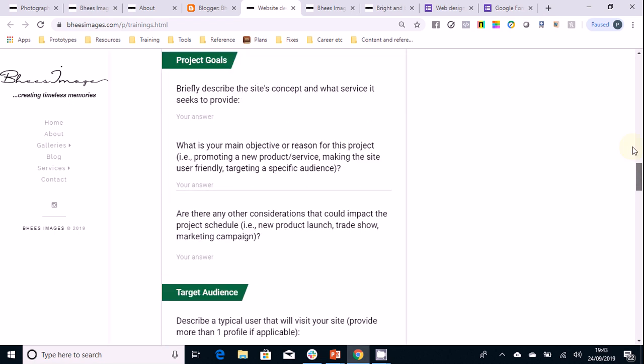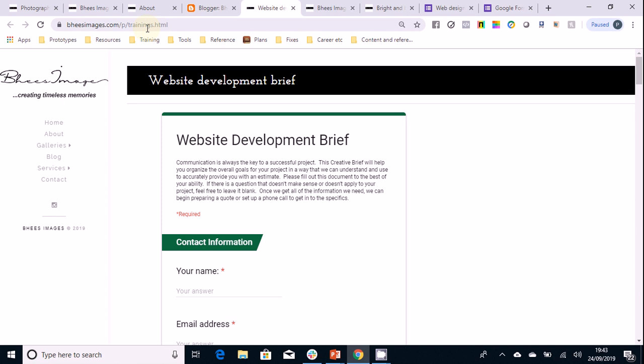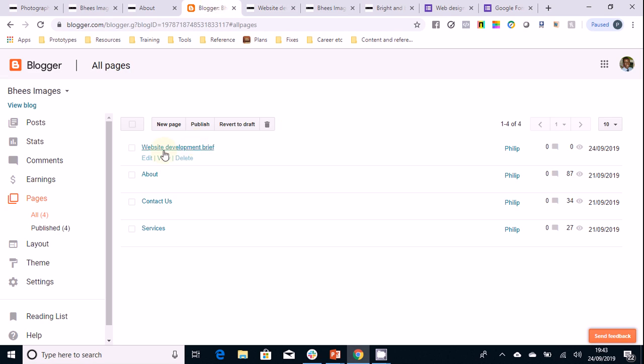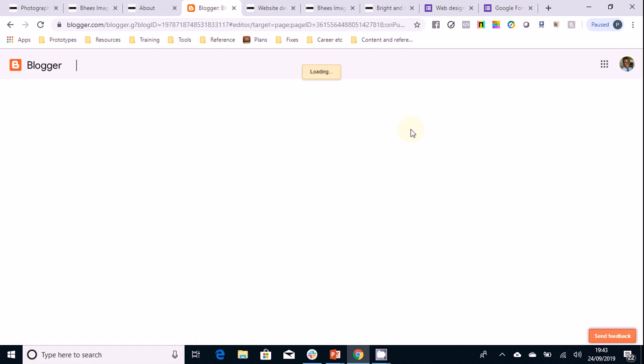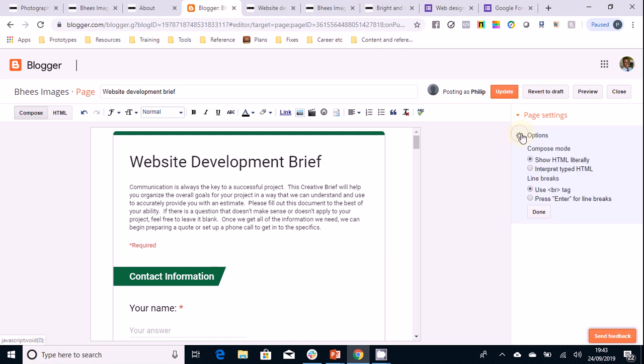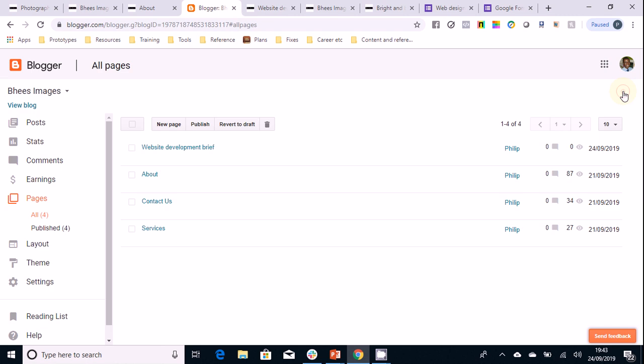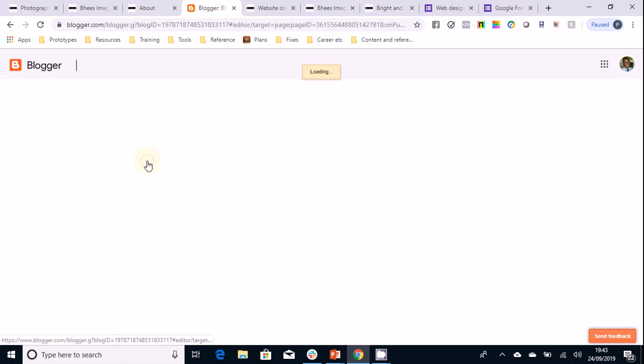So now let's assume that I want to add this. Can you see, because we wrote trainings before, it has changed the permalinks to trainings. Good one, because it will give us an opportunity to show how to edit this. So let's go back. I don't want this to be trainings because it's not trainings, website development brief. Maybe I'll just call it website brief. So you come here, you click on edit, and then page settings. You can easily do that. For posts, you can just come to edit and then you change the permalink. But for pages, no. So what we're going to do now is I'm going to delete this and create another